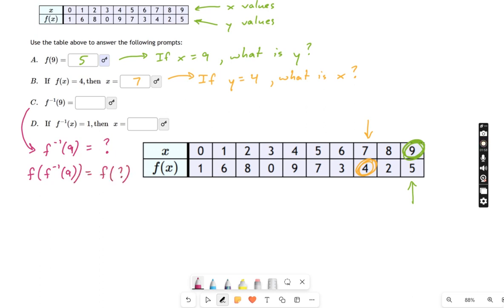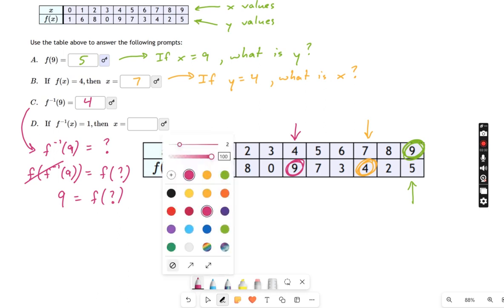Now just bear with me and watch what happens here. If I take the function of the inverse function evaluated at 9, f and inverse f cross out because they're inverses. They have this composition effect. So what I get is just the 9 left over. 9 equals f evaluated at a certain point. Well, now all of a sudden that looks more familiar. Where I have the y value, 9, that's this guy right here, and I'm looking for the x value, which in this case would be 4.